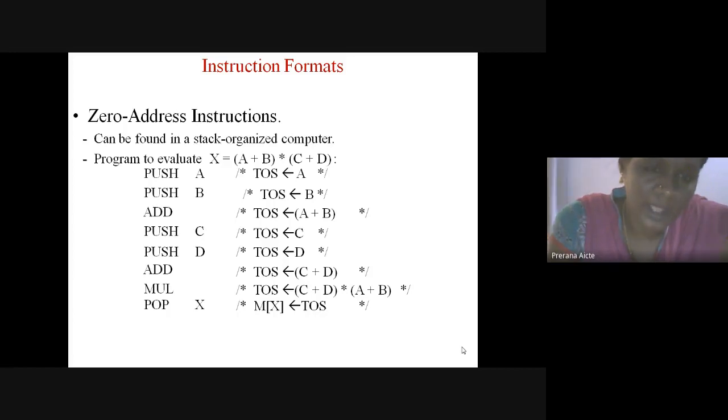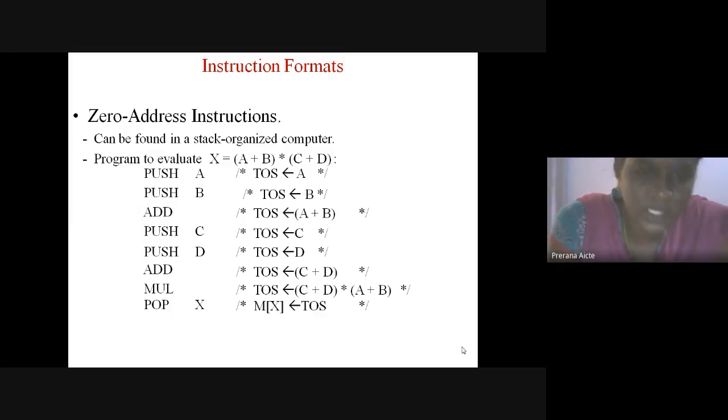And next occurs the add instruction. Whenever add occurs, pop the two operands from the top of the stack, then perform the operation. That result is pushed onto the top of the stack, that is A plus B. So the zero address instruction format does not use address fields. There is no address field in the zero address instructions.